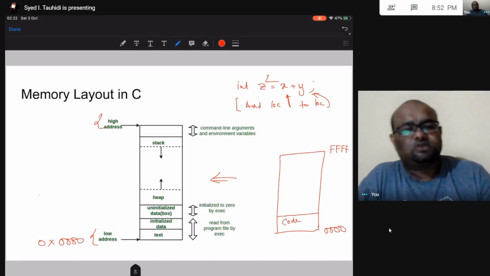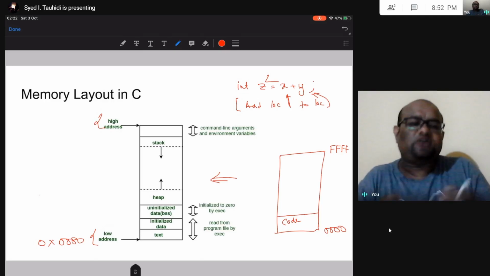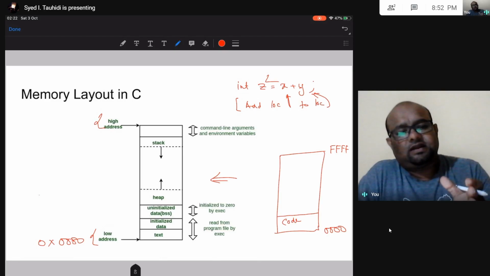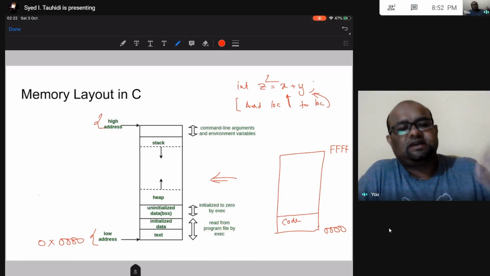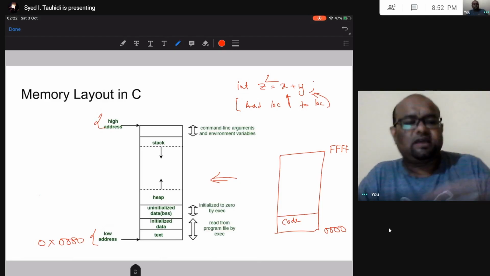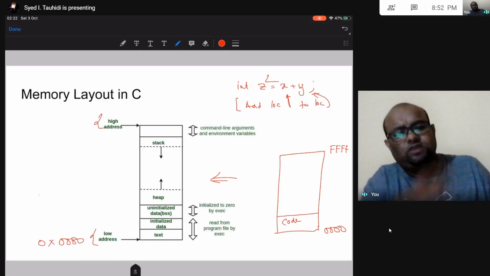Your program is going to run on this CPU. So your program has some code. That code that you have written is ultimately going to be converted into machine code. Essentially assembly, but then assembly is the mnemonic of machine code. If you did not understand what I said, it does not matter. So your code is going to be there, right? We need to bring this code.